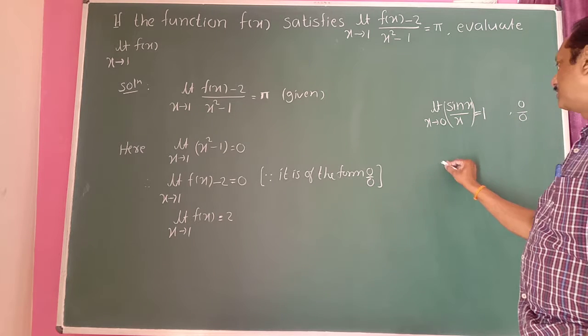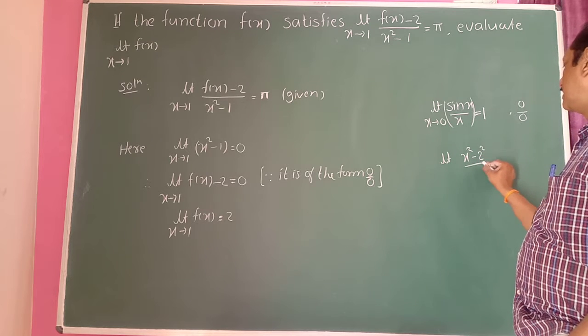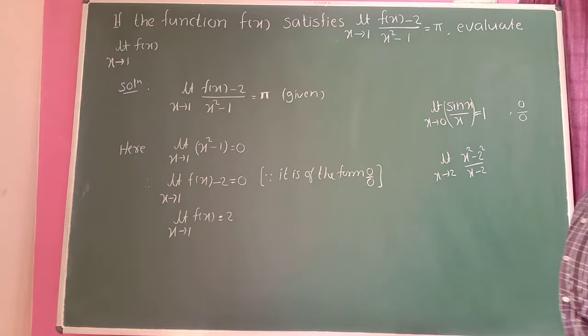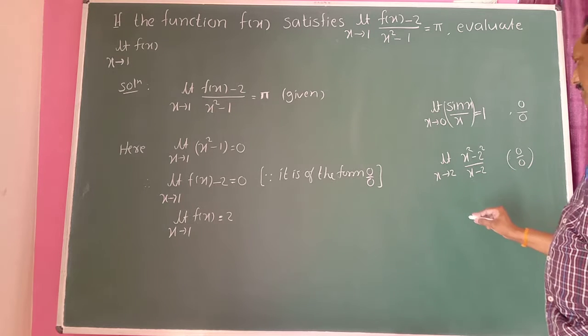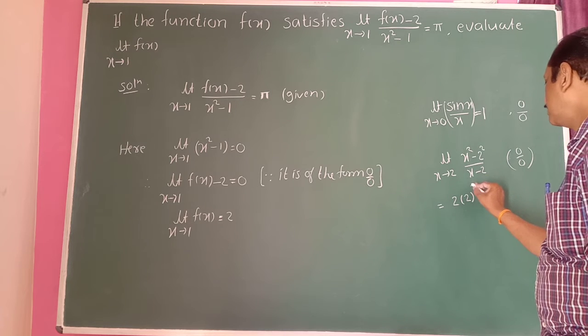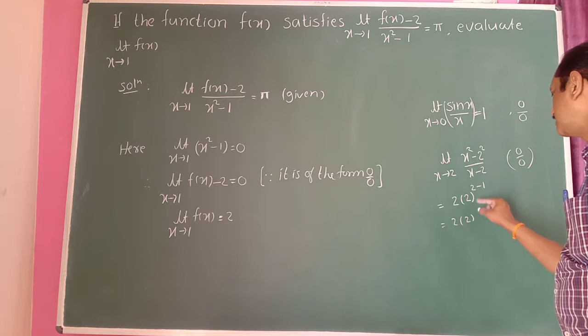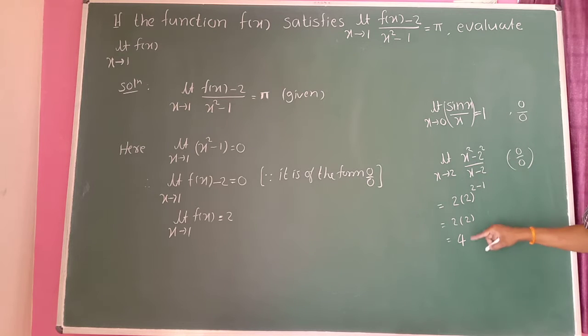Now to take another example: the limit of (x square minus 2 square) divided by (x minus 2) as x tends to 2 here. Then if you put x value 2, it gives a 0 divided by 0 form, 0 upon 0 form. But if you use the formula here, 2 into 2 raised to 2 minus 1. Therefore 2 into 2 raised to 1 is 2, then 2 times 2 is 4. Actually, the value of this limit is 4.